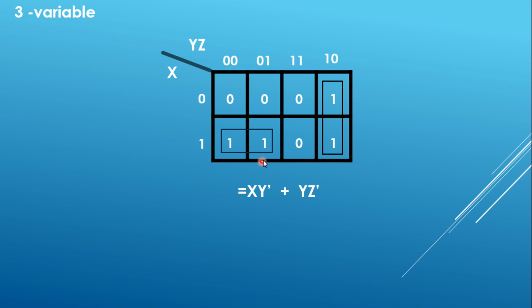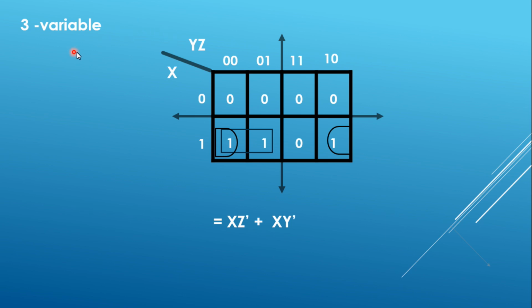Now this is a three variable map and you are seeing here two pairs. In the first pair, you can see that x is constant, so it will be x, and y is 0 here and in the second case also it is 0. So y, but it is 0, so it will be y bar, correct? But z is changing, so z will be removed. Then for the second pair, x is changing, so x will be removed, but y z bar will be retained, because it is constant: y is 1 and z is 0, so it will be specified as y z bar.